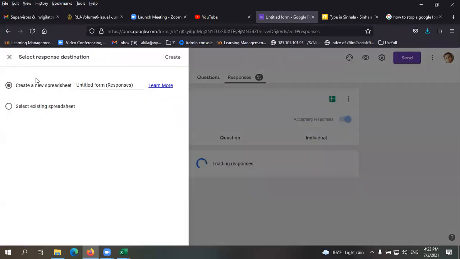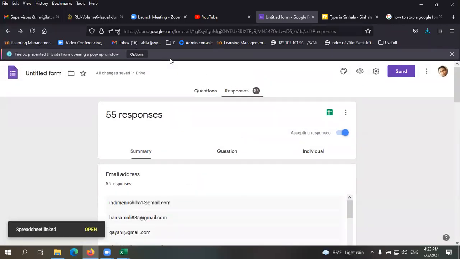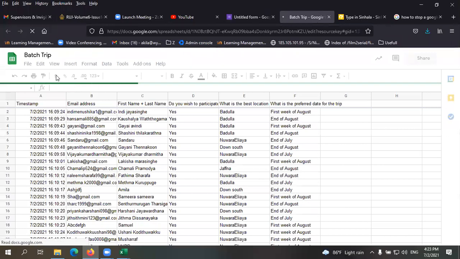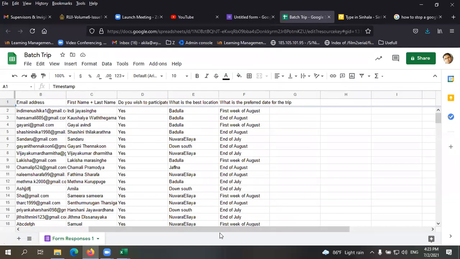Create spreadsheet. Then that will be saved to my Google Drive. So I can find that Google spreadsheet, and you can see the responses are listed there.